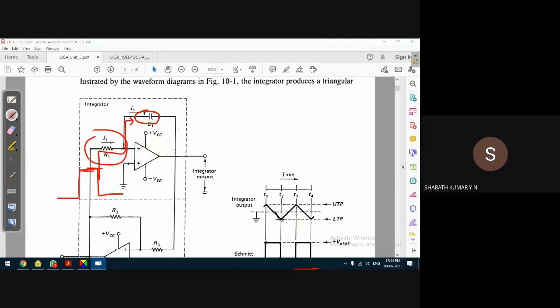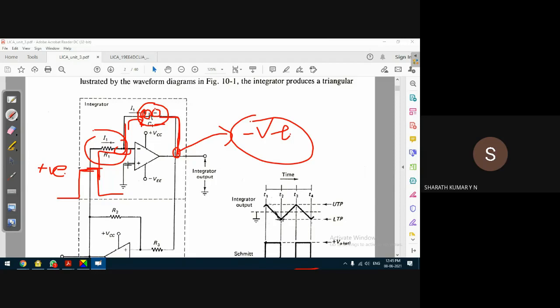Let's say, for example, positive saturation. When it is charging, one end of the capacitor is positive. You can observe this capacitor here: this end is positive, this end is negative. Why? Because it is charging. This end is connected to the output. What is the potential at the output? It is negative, because the capacitor is getting charged. The end of the capacitor towards the input terminal is positive, and the end towards the output is negative, and hence the output voltage is negative.